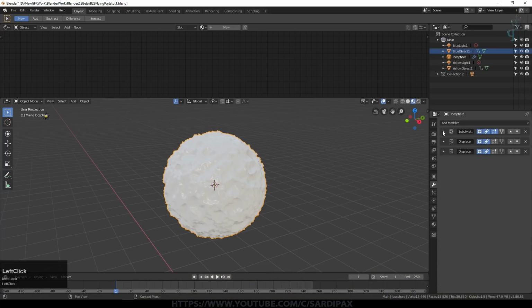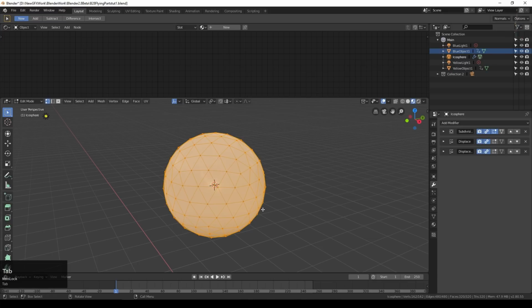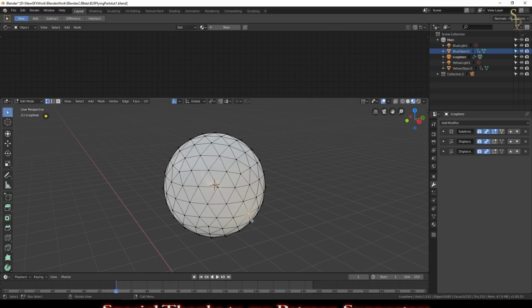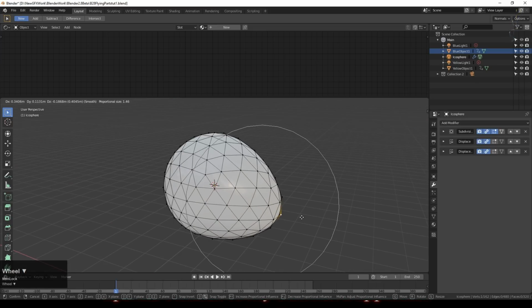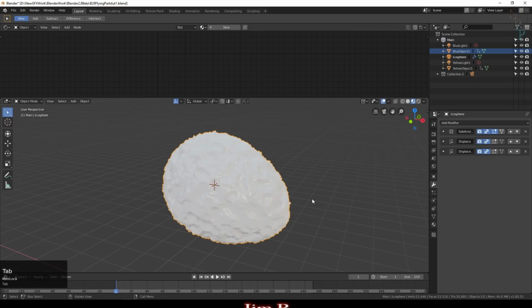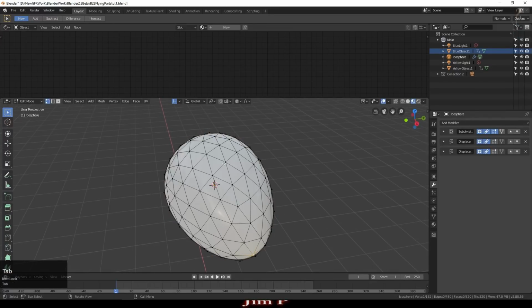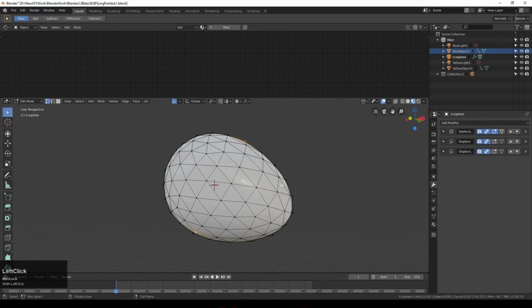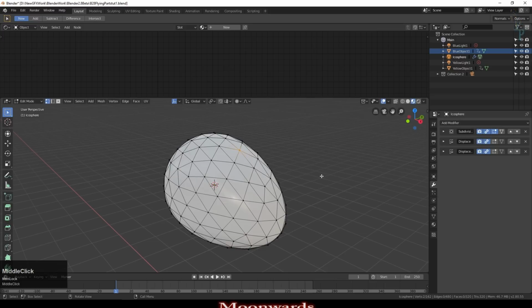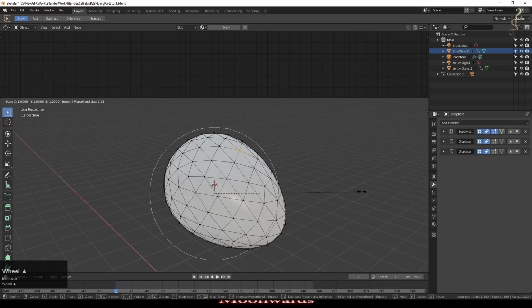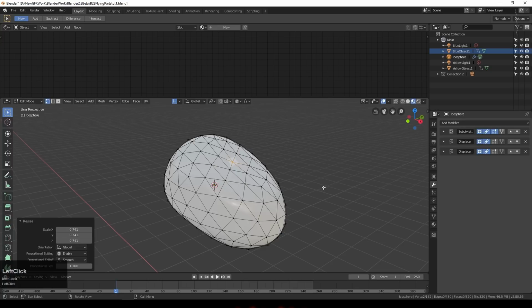You can use displace modifiers like this to create various versions of this, but I've shown how to do that in other tutorials. So I'm just going to select a single point here, press O to turn on proportional editing, then press G and just pull that over a little bit and come out of edit, and you can see we've got some changes. Select a couple of points there. Remember, it's left click to select by default in Blender 2.8. Scale, and I'll make that a little smaller, so we'll just push that in there.